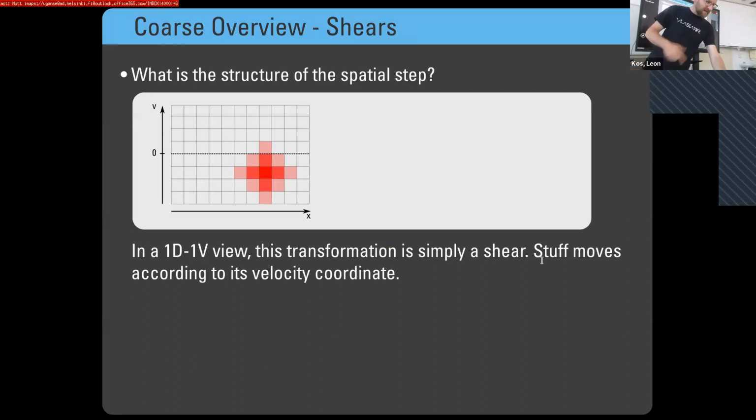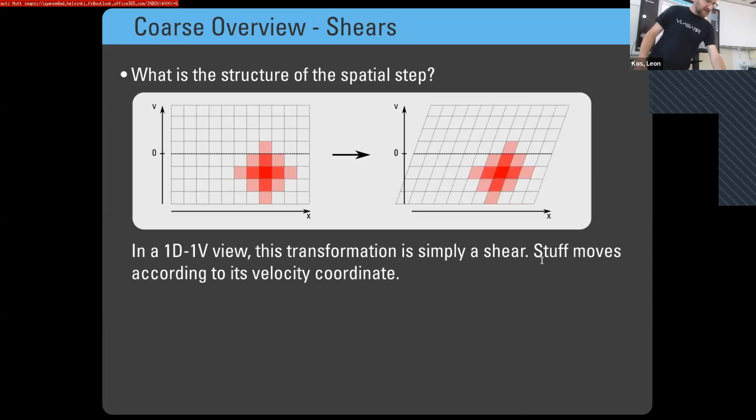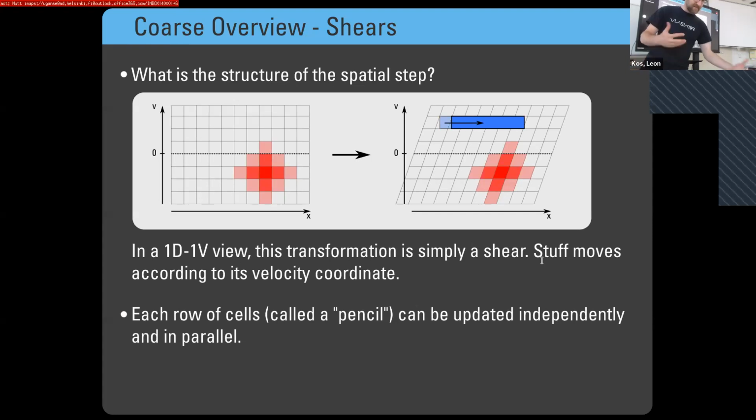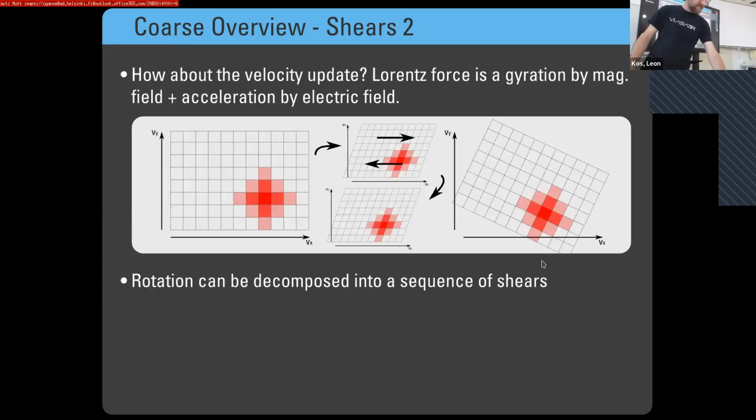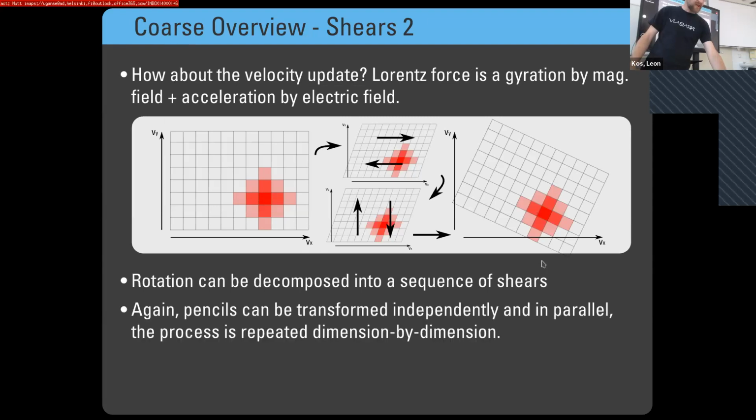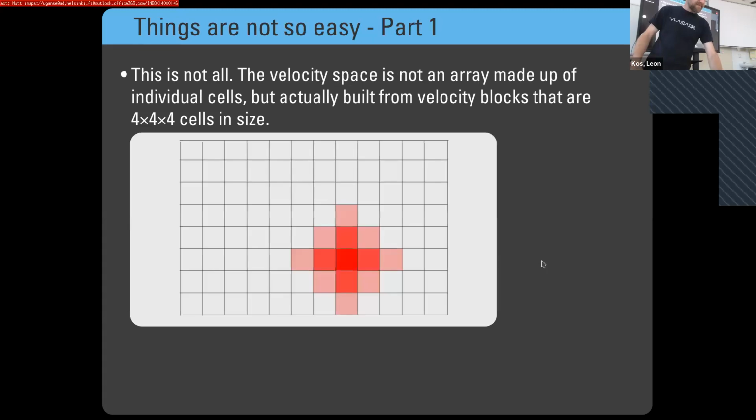But then, and this is in part what I already showed yesterday, everything can be described as a shear, and I want to go still a little bit further. This was the velocity space, which can also be described as a couple of shears. And then when we actually do this in our velocity space, since we have a block structure in our grid,